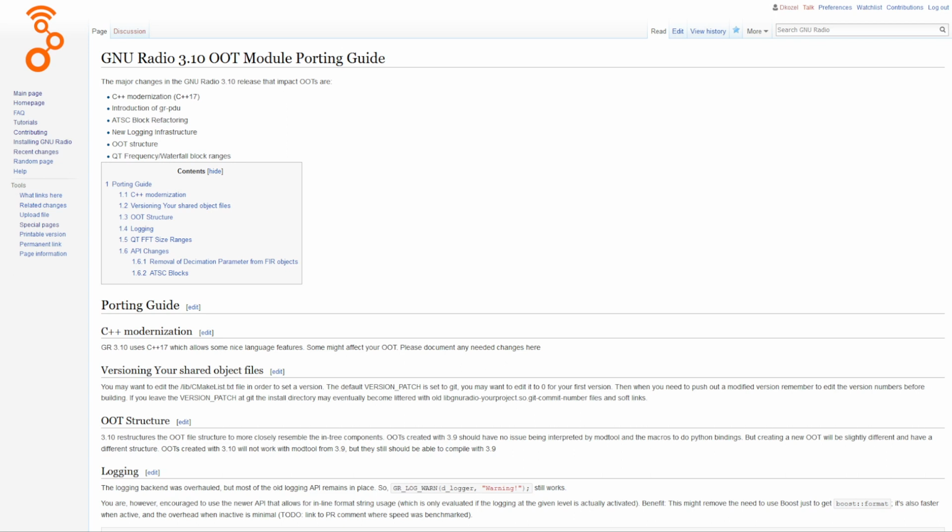With that, a question from chat. There's interest in 3.10. There's interest in a SigMF, signal metadata format, set of blocks to be included in GNU Radio quickly enough to make this Ubuntu 22.04 release deadline.